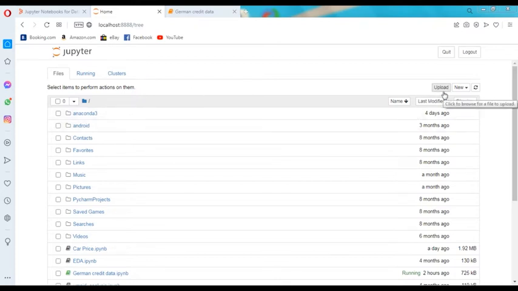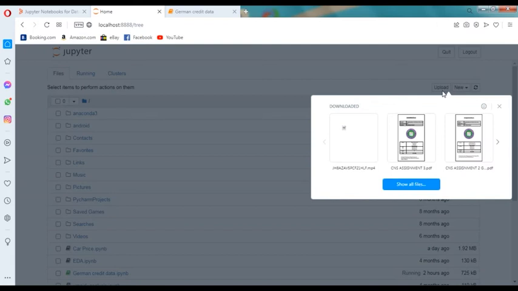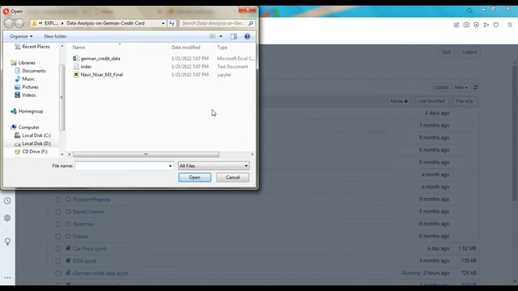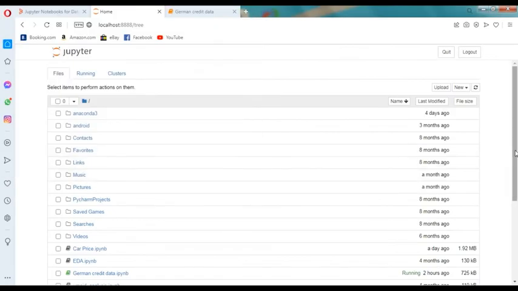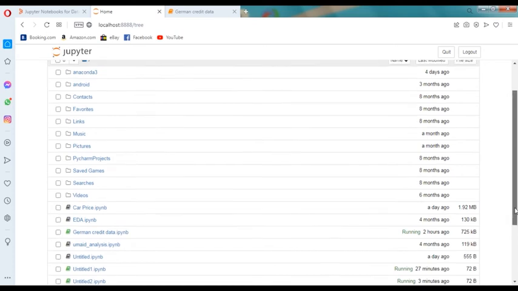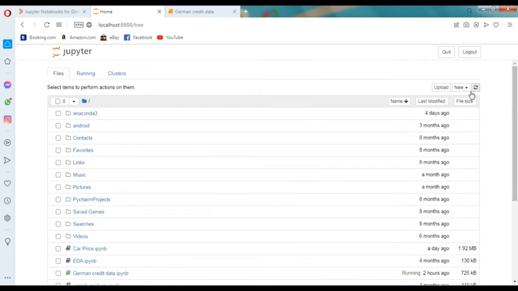If you already have data, you will click on upload, go to show all files, and select the required data you want to work on. But I have already uploaded my data here. You can see I have German credit data, that is the title of our data set. If you want to create a new file,